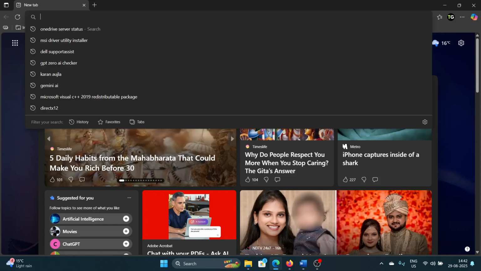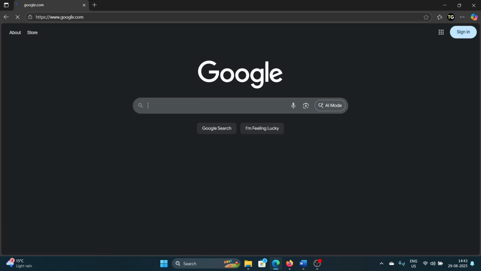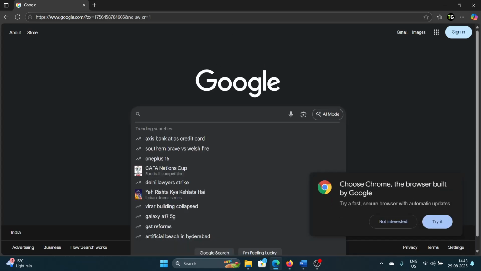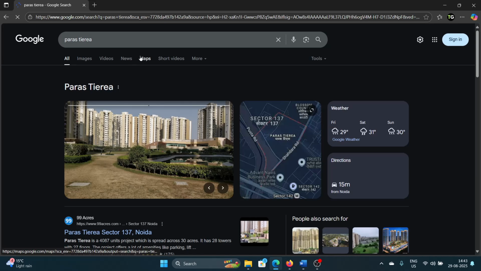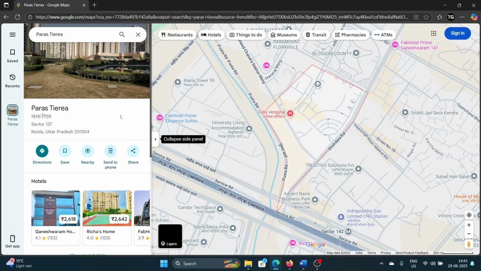So, open your browser and go to google.com and hit enter. Now, search for the first place from where you wish to check the distance. Okay, then go to maps. Okay, and then